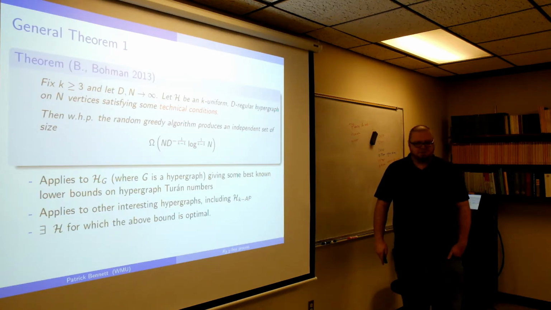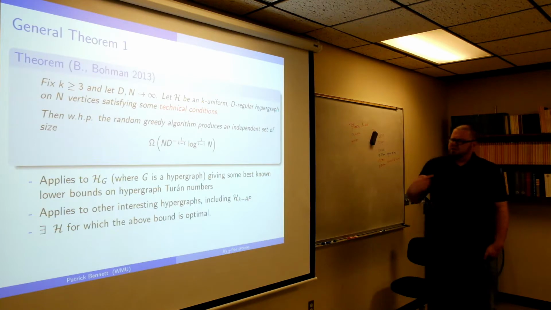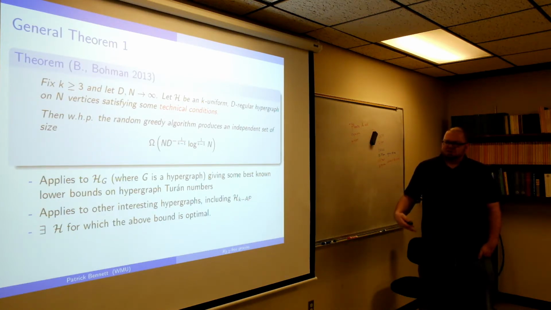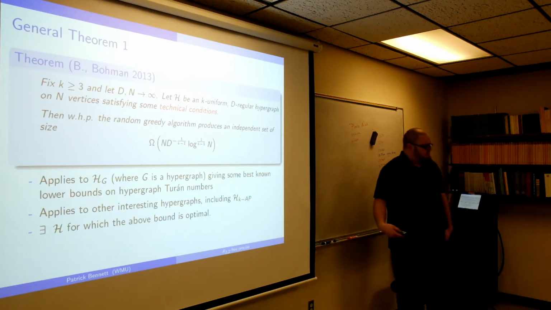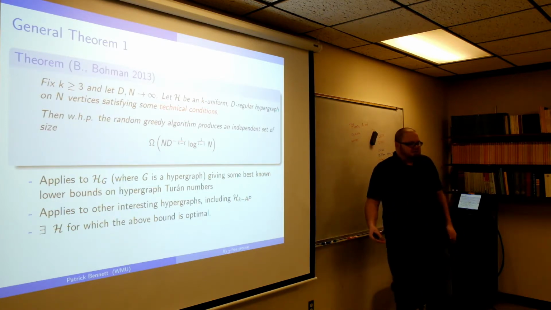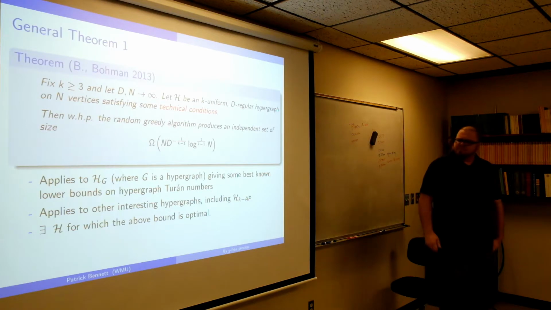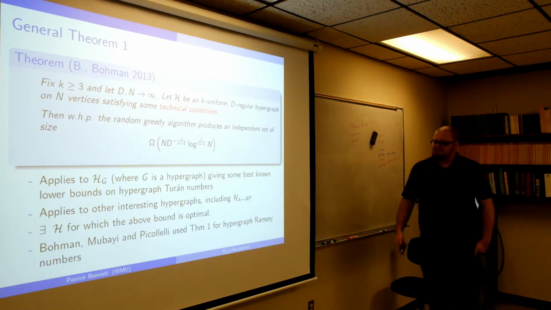So it doesn't always do a terrible job of finding a large independent set. But usually what we're interested in isn't the sheer size of the independent set that we produce this way. Usually we're interested in a combination of the size and some pseudo-random properties. But sometimes you can actually get something good for the size. Anyway,